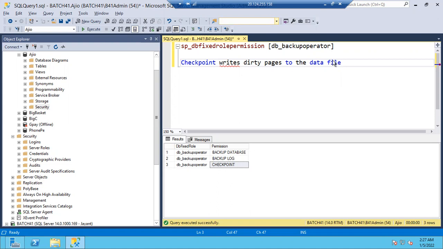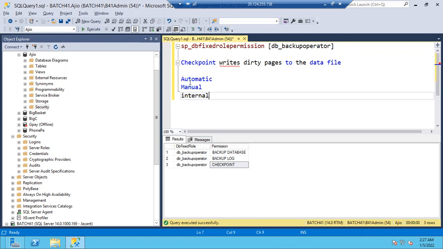So this is how checkpoint works. We have multiple types of checkpoints. Sometimes they will ask in the interview: automatic checkpoint, manual checkpoint, internal checkpoint. These are the different types of checkpoints.